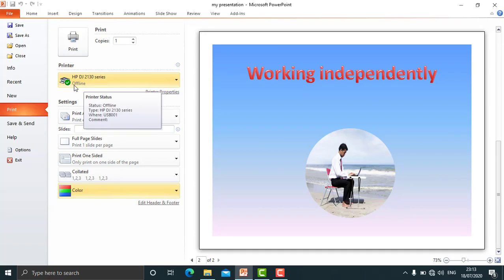So as you click on print, the slides will be printed one by one through the given printer. Here it is given offline because I have turned off the printer, and as you switch on the printer, here it will be online, means you can take the printout. So this is how you can take the printout of your slides from the presentation. Either you want to get the printout of all the slides, or you want few slides. See, if you want few slides, click on this, you write the number, like number of the slide whichever you want. Means you can get the printout of entire presentation or few slide or a slide whichever you want. Click on print, the print will come out.